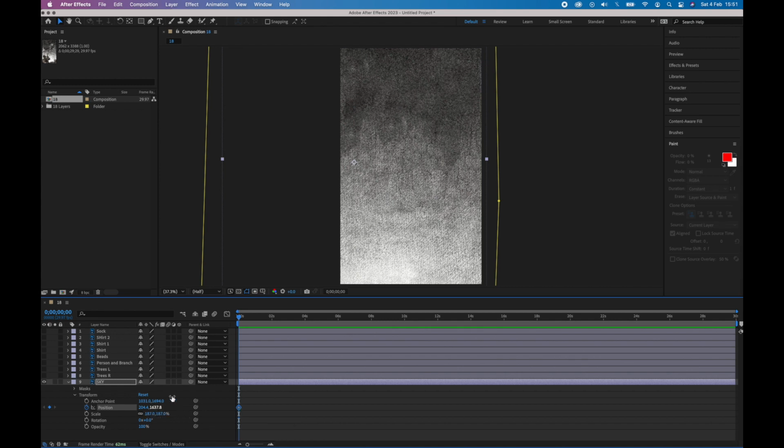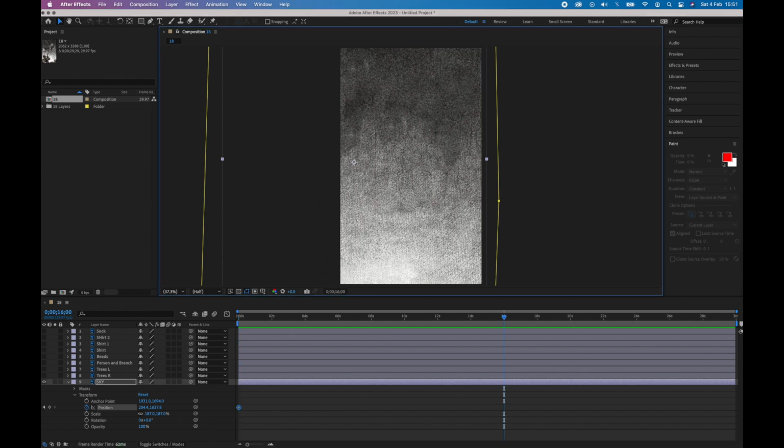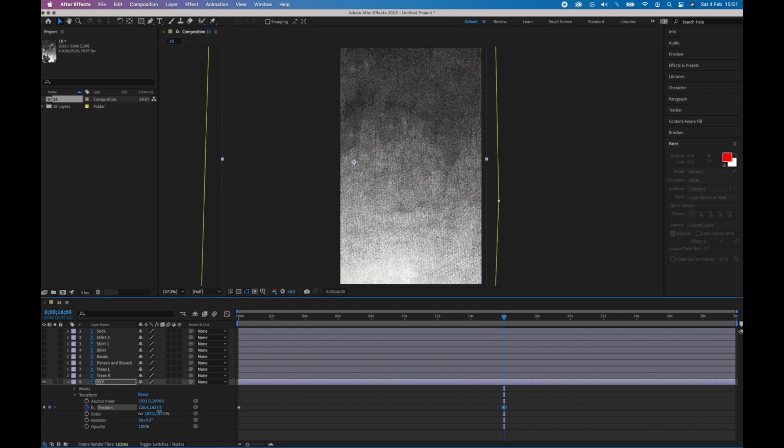Then if I want it to move all the way until 16 seconds, I can double click in here, make sure it says 16 seconds, so the line lands straight on 16 seconds, and then I'm going to put in a new anchor point for its finishing position. So I can move this around again,